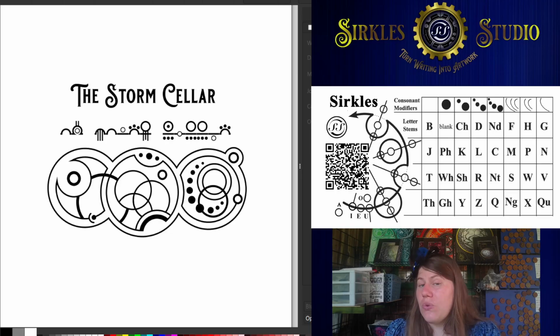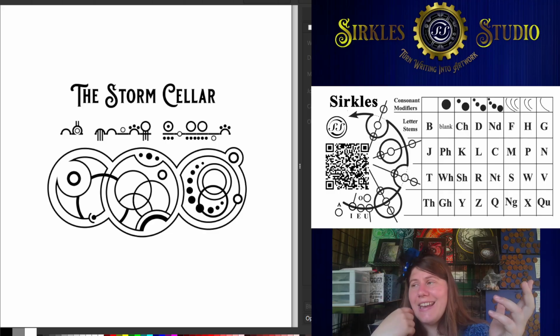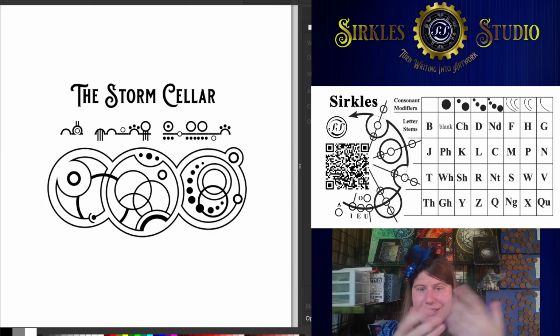It says the Storm Cellar in this script, which me and my friends created in school, and it has since gone viral to the point of being adopted on the largest time-traveling franchise in the world, Doctor Who. So many people recognize it as Circular Gallifreyan, but it still started with a group of kids, mostly Lauren, who